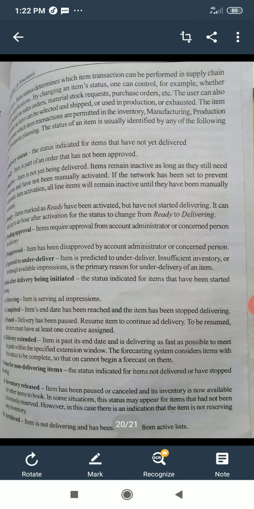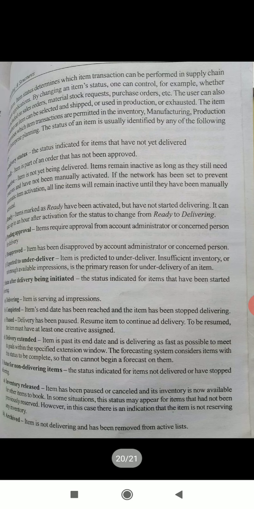Completed: item's end date has been reached and the item has stopped delivering. Paused: delivery has been paused, resume item to continue ad delivery. To be resumed, the item must have at least one creative assigned.